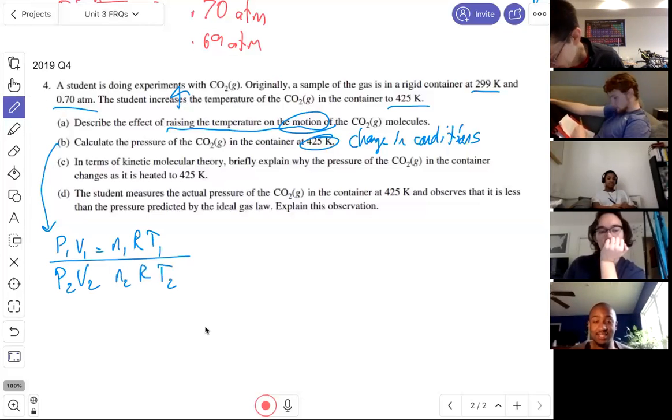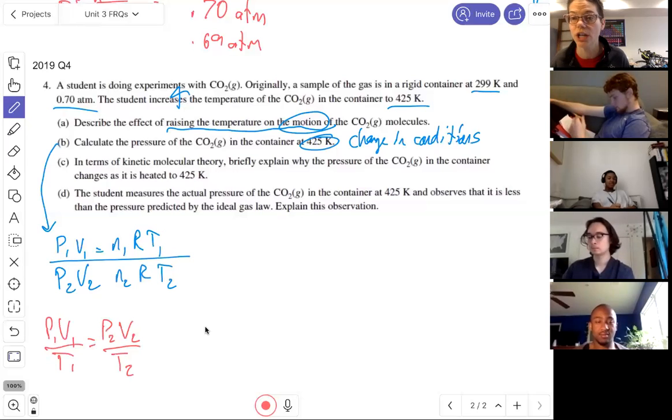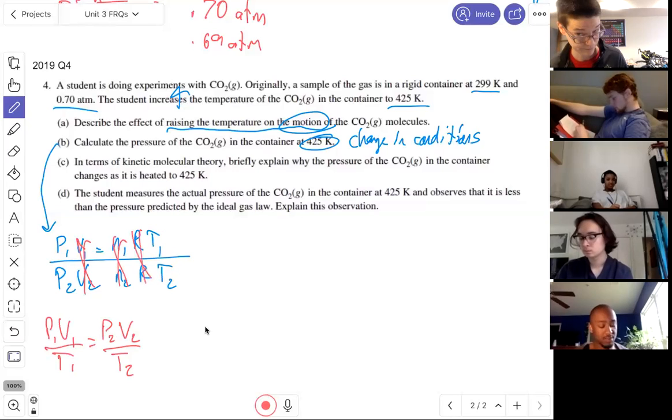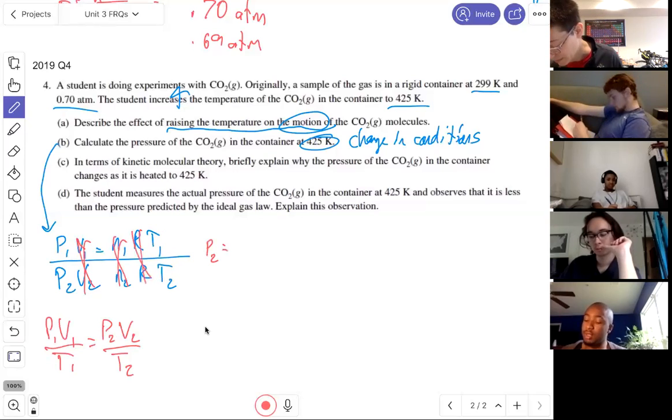The combined gas law is technically P1 V1 over T1 equals P2 V2 over T2. Now you'd still see that volume's not mentioned, moles aren't mentioned, and R is a constant, so it cancels out. Ms. Baskin, would I write that under gases, liquids, and solutions? Yep. But if I need to rearrange this for P2,